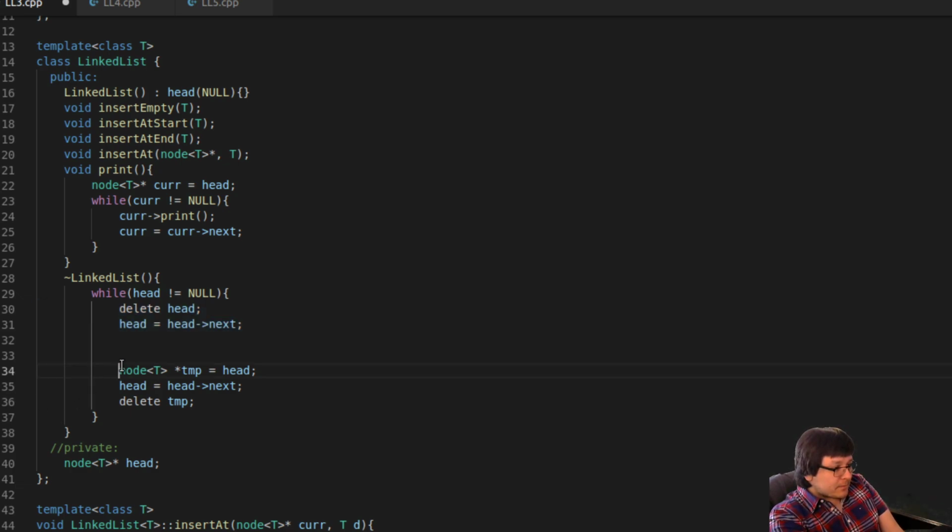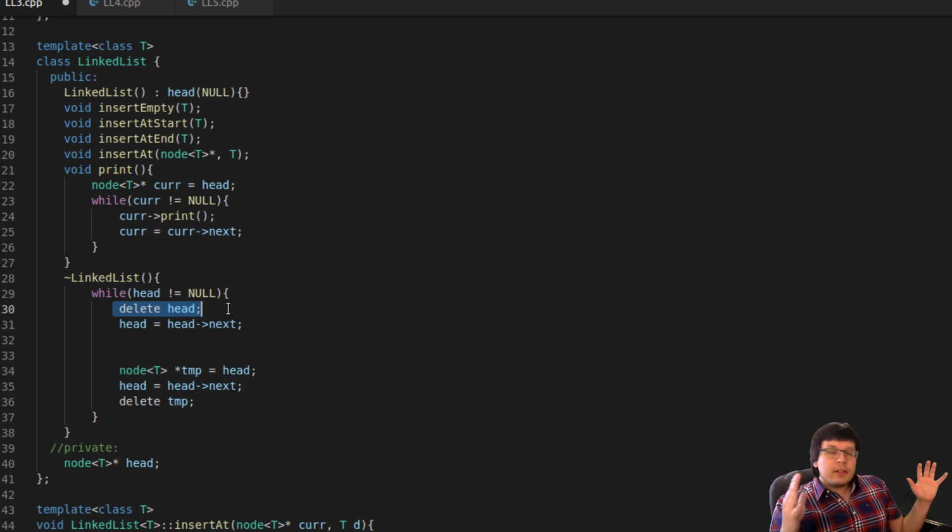Here's the reason why. You are deleting the node, and remember, delete is a misleading name, because what you're doing is deallocating the node. What that means is that you are telling the computer that you no longer need this piece of memory, so you're returning the keys to the apartment that you're renting, but what you're returning is a copy, and you still know where the apartment is, and you can still go in there. However, you've given away ownership of that, which means that the operating system may lease it out to somebody else to use that memory space. And if now you have two people competing for the same memory space, bad things are going to happen.